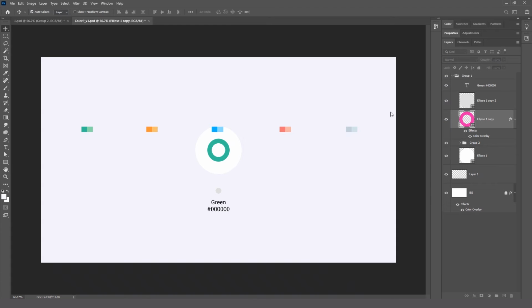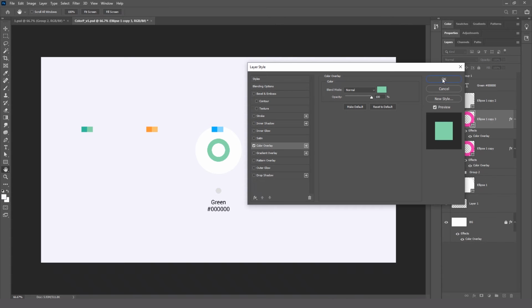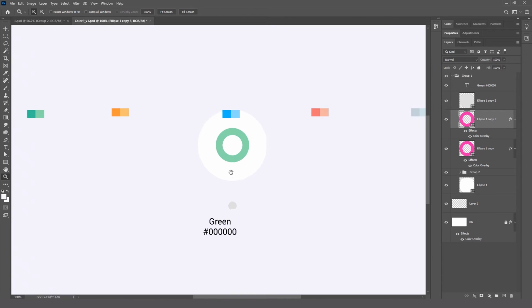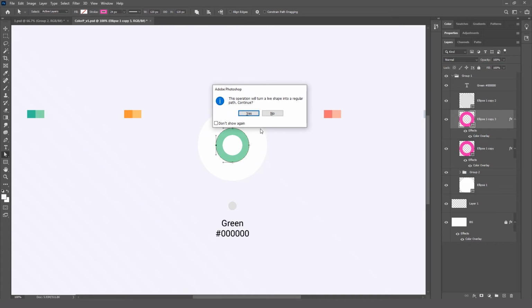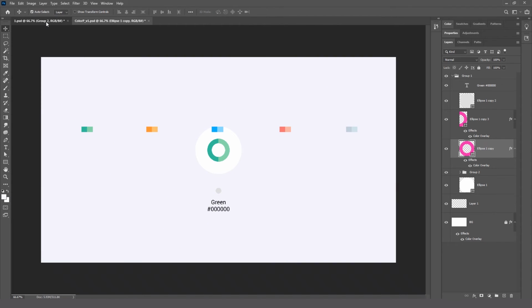and now I'm going to copy this circle, Control J is the shortcut key for copying, and I'm going to change the color of this layer to a lighter gray color. Now I just need this as a half circle, so I'm going to delete this. So now you can see I have deleted the top of the circle and below we have the full circle. So we got the respective feel of this kind of circle over here.